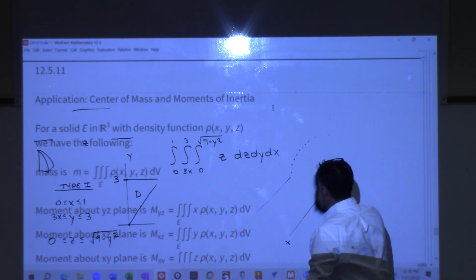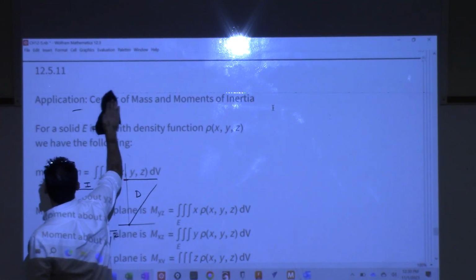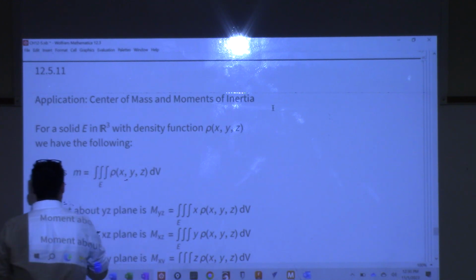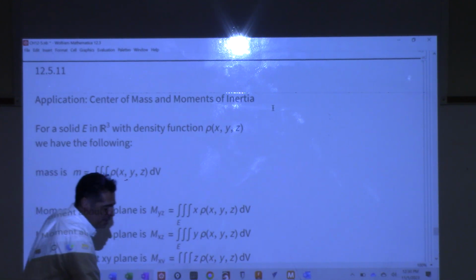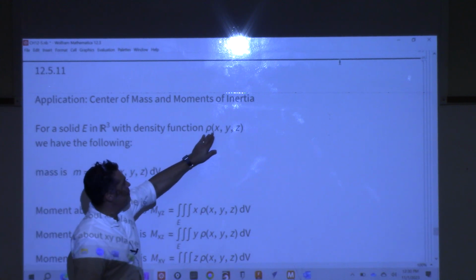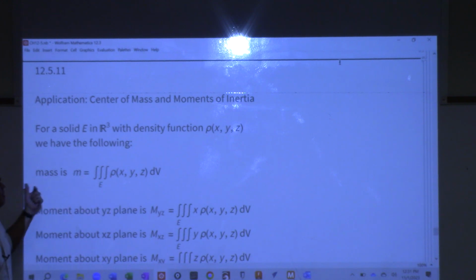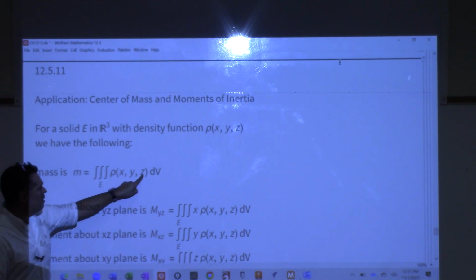So now that we have this idea of a triple integral, we can extend what we started class with, which was the idea of mass, center of mass, and moments of inertia. But now, instead of a lamina, we have a solid sitting in space, and that solid has a density function, rho of x, y, z. Using the same idea, but with the true definition of density, mass over volume instead of mass over area,